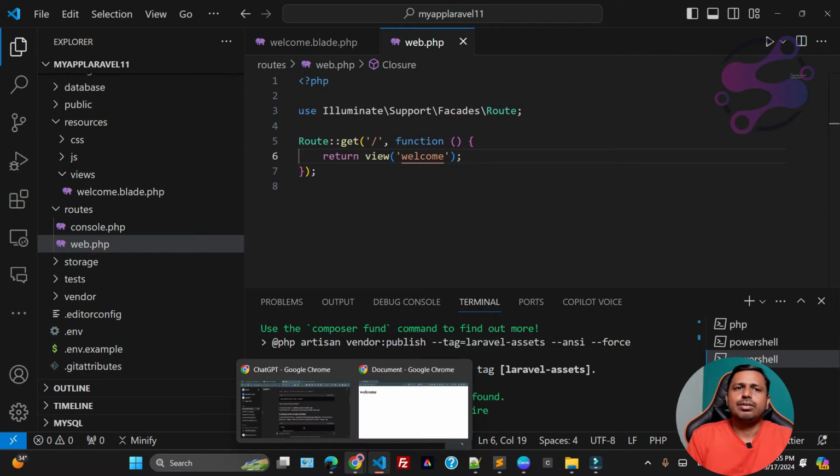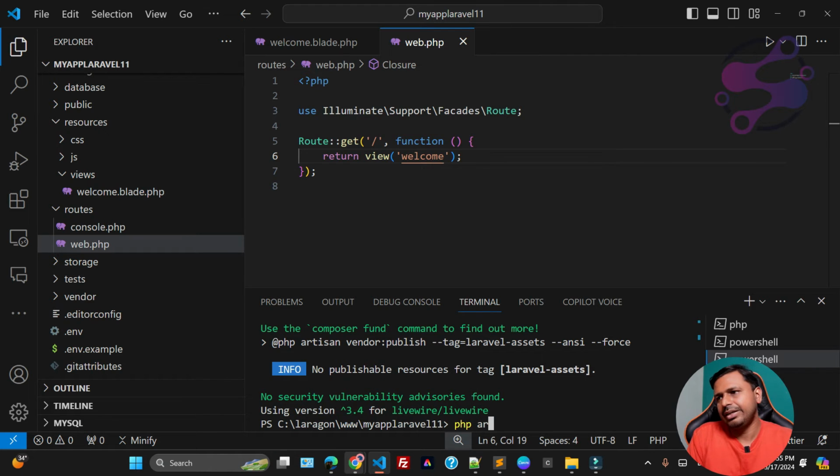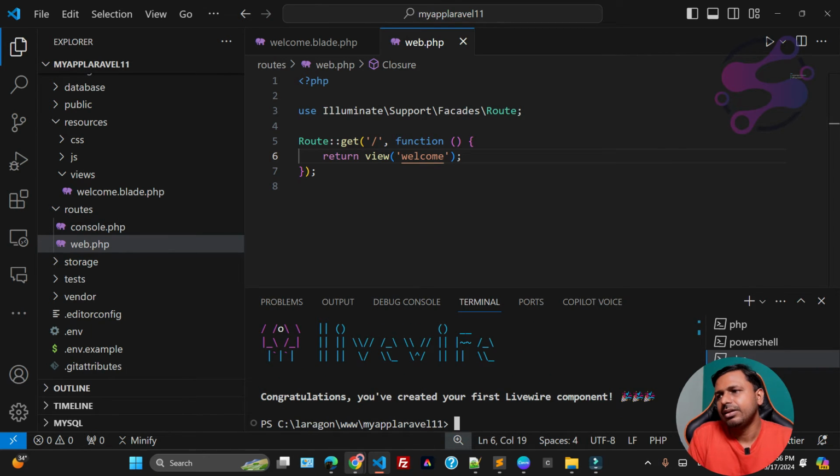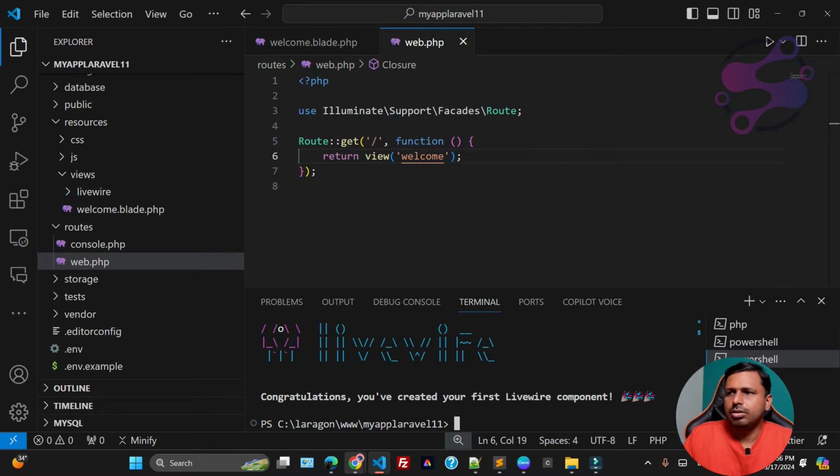You have downloaded the Livewire package. Now I'm saying php artisan make:livewire, I'm going to create a component here, and the component name is counter. It's saying congratulations, you have created your first Livewire component.